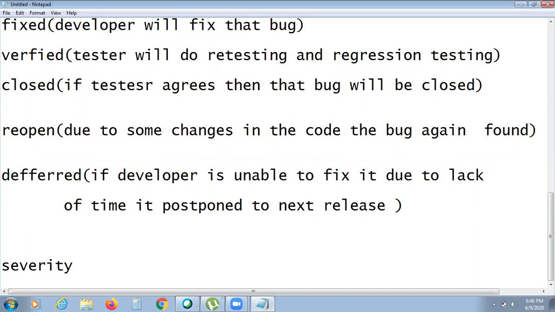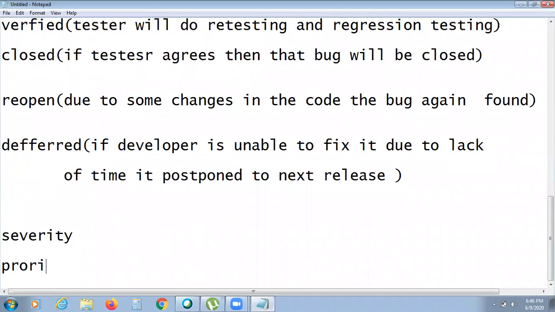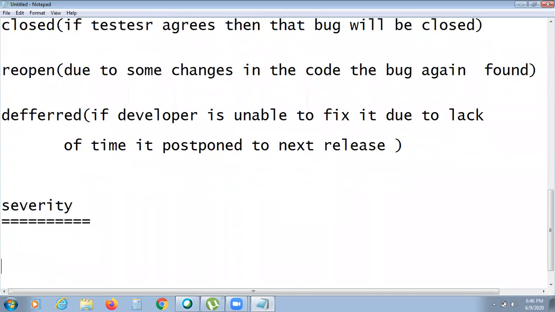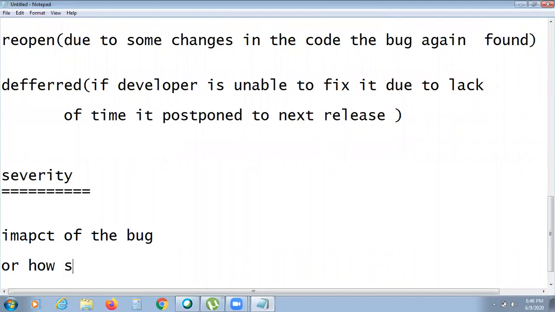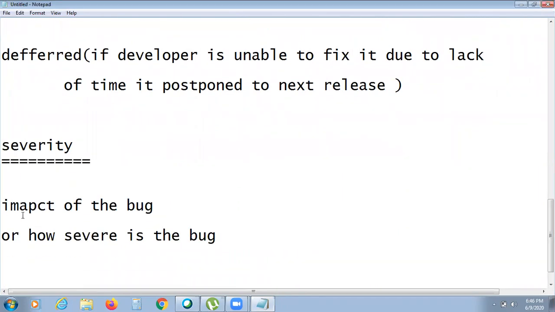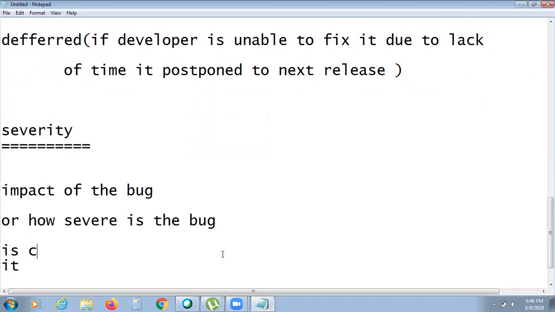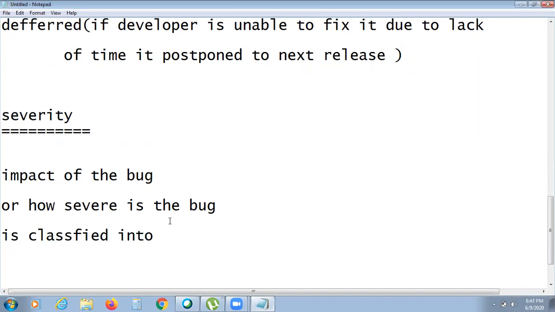Severity tells about the impact of the bug, or how severe a bug is. It is classified into